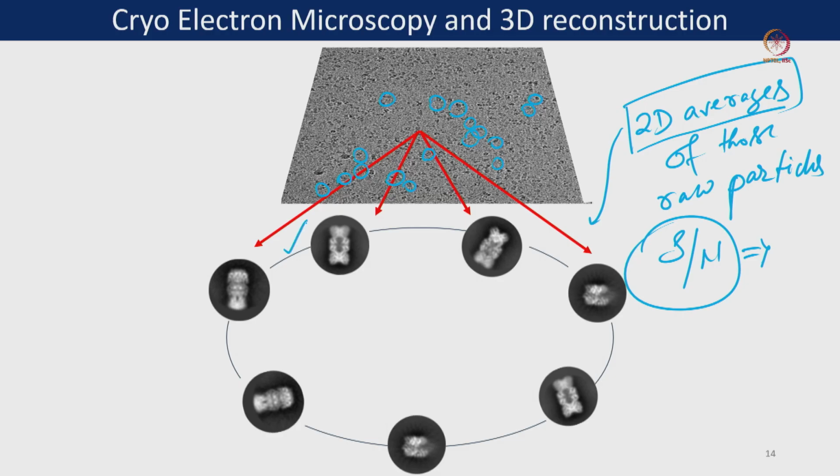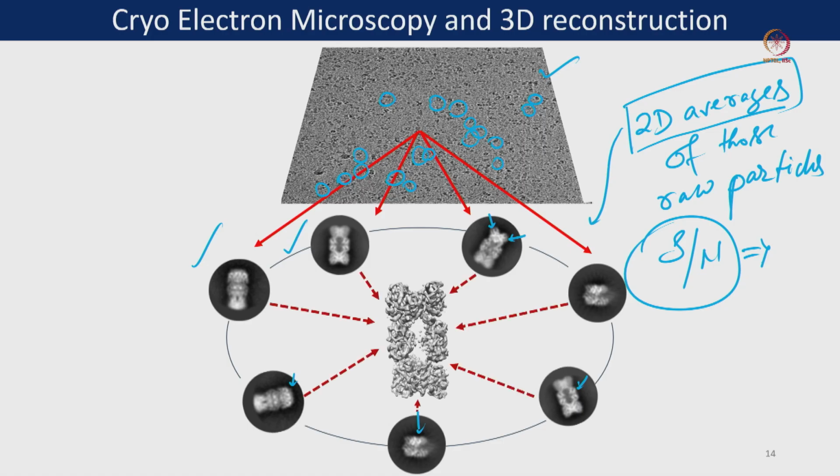When we have these averages, those are the averages from these raw particles. If you look at the raw particles, their shape is not very clear, but if you calculate their average, the contrast is so good you can see a lot of fine details inside those molecules. These details are basically the alpha helices or beta strands of your protein molecules. From this raw noisy data, you can now see all the details of your protein molecules.